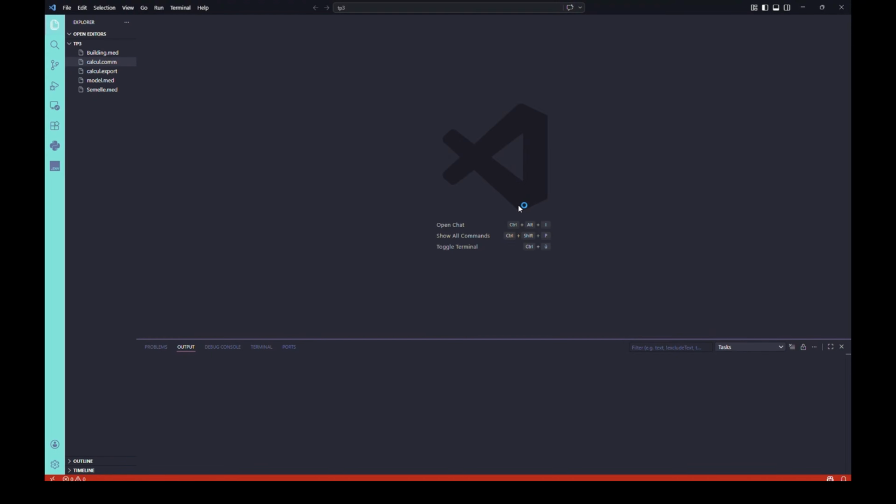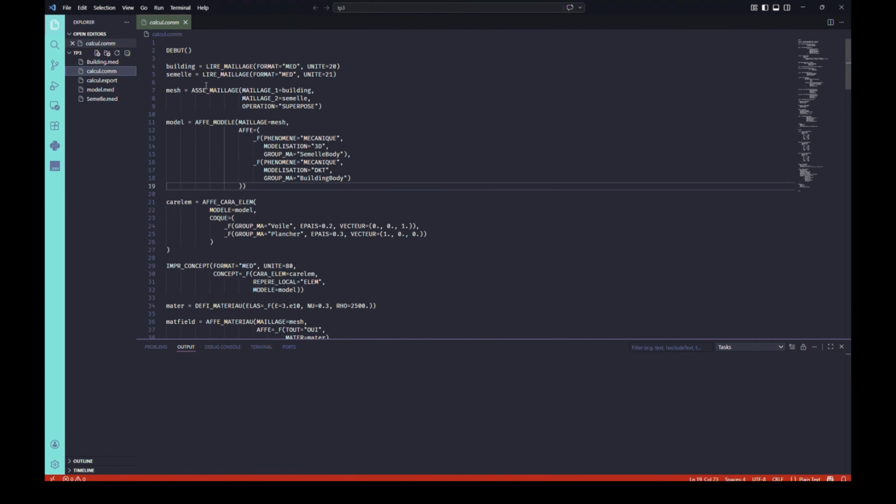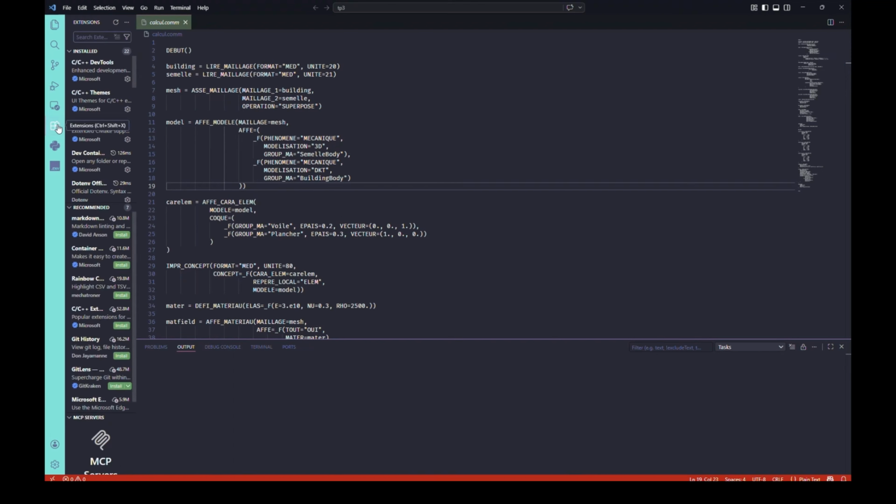So the first step is to install the Codaster extension for Visual Studio Code. To do that, go to the extensions panel on the left, type Aster, and you should see the extension near the top of the list. You will find the VS Codaster extension with the Codaster logo published by Symvia.